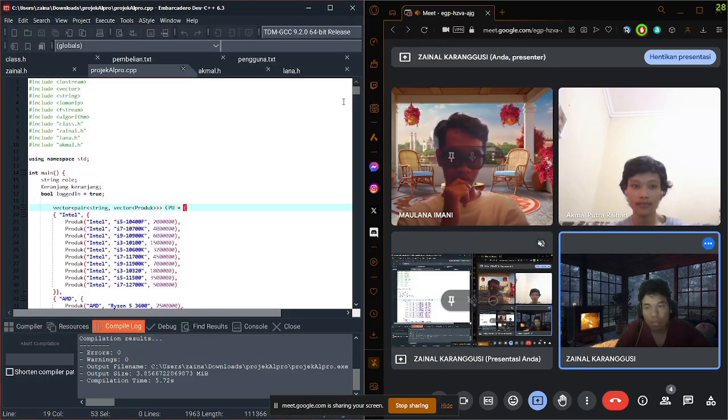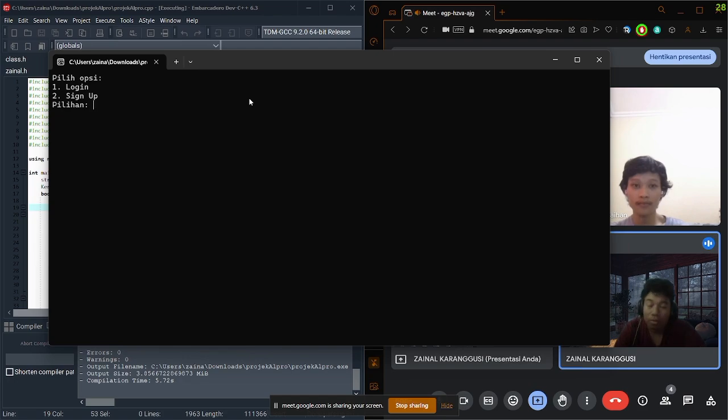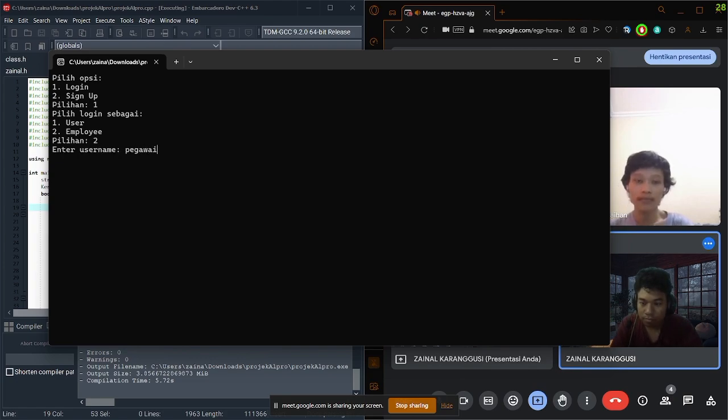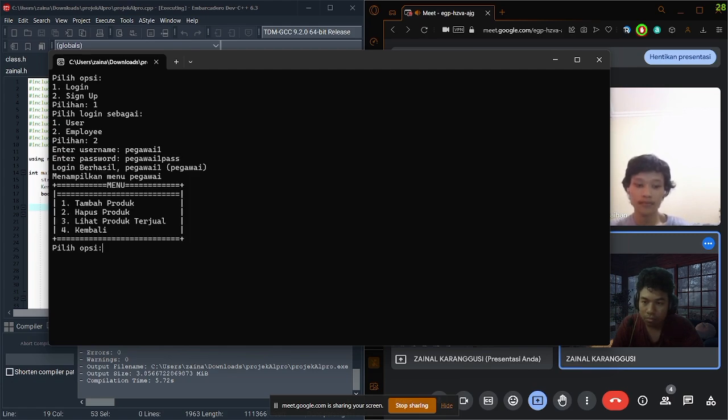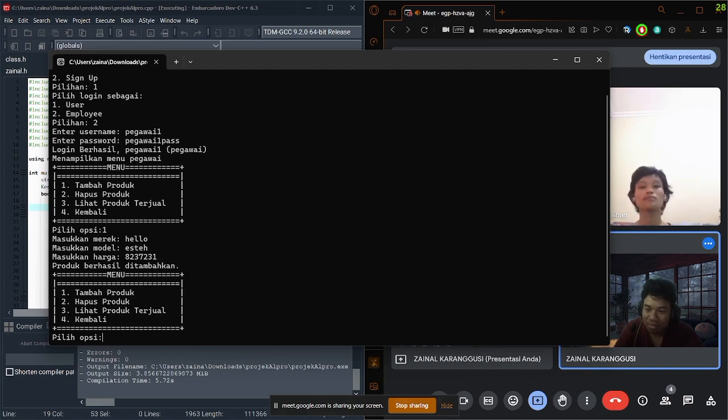Now we will log in as a staff member. Here we can add a product, for example the model, and we enter the price, and done.